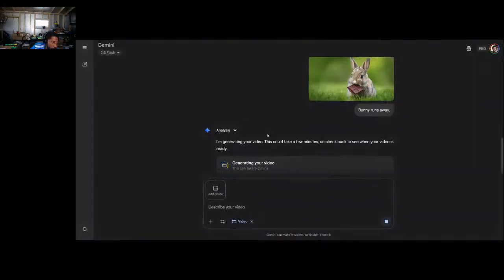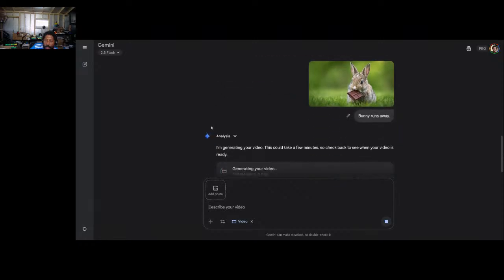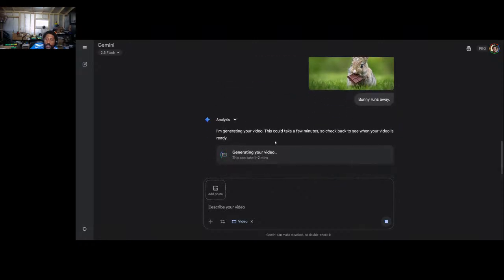And so this thing is now still going, generating a video or whatever, right? And I'm using that same image, so I'm kind of curious to see what it generates. But yeah, I don't know. It seems cool. I'm going to maybe mess around with it more, because it'd be cool to be able to have it generate the thing. And again, see, it doesn't tell me if it's using like VO3 Flash or VO3. You know what I mean? It just doesn't help me with anything.